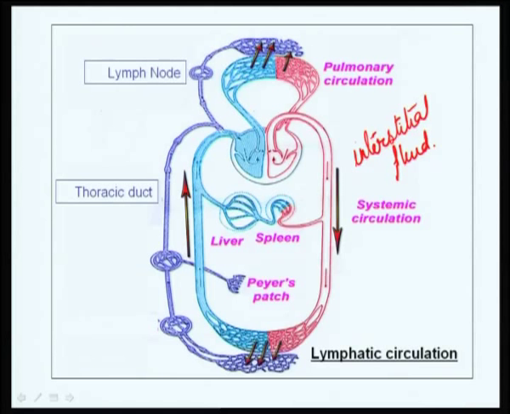This interstitial fluid collects in these tissue spaces, and they all get collected and drained into the thoracic duct, and this fluid that is accumulated is also called the lymph. This is the interstitial fluid that is draining from various parts of the body, various tissue spaces,